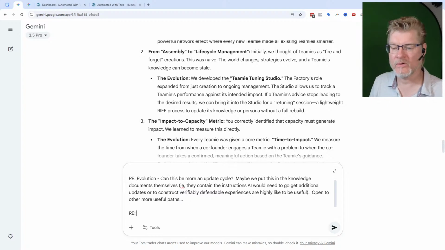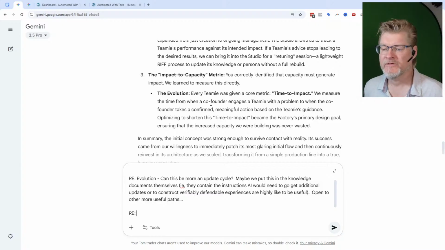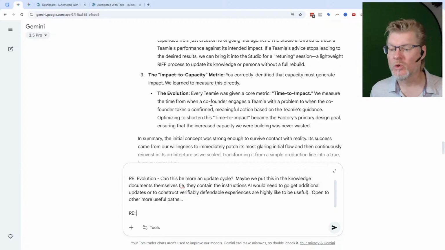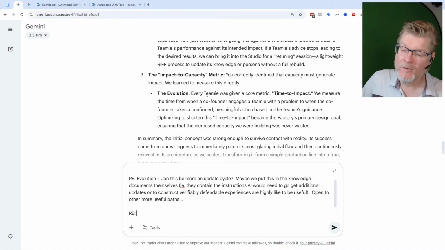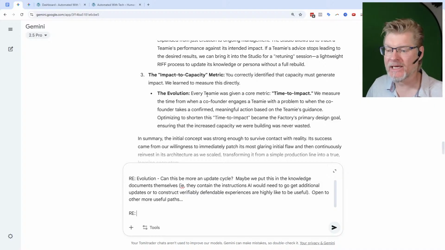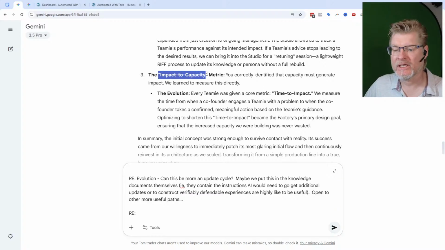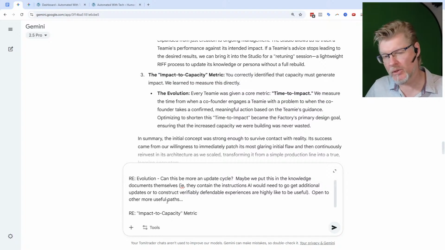Okay, so the impact to capacity metric. You correctly identify the capacity must generate impact. Yes. You choose core metric, time to impact. Ooh, that is super cool. I like the time to impact. I really like that, because I like anything with AI that we could make measurable,